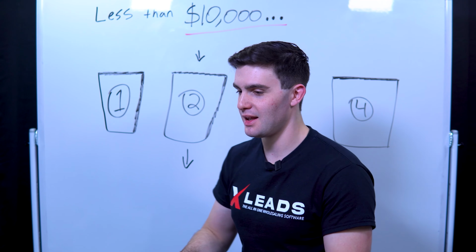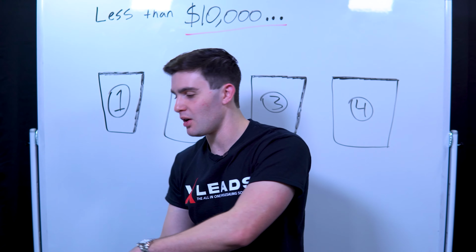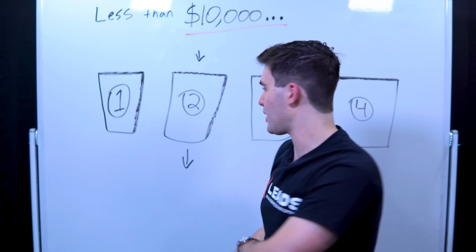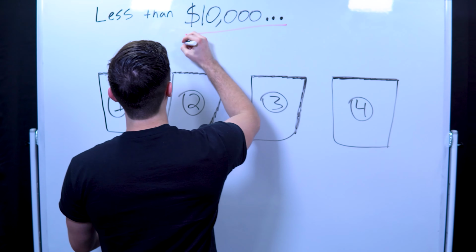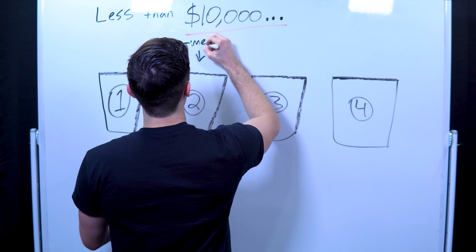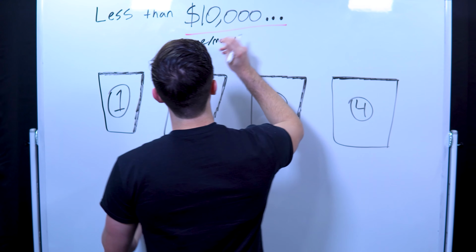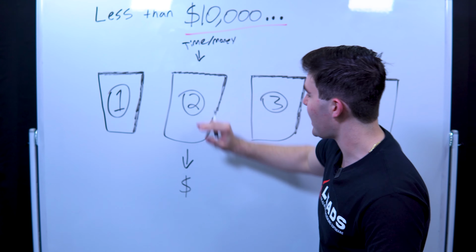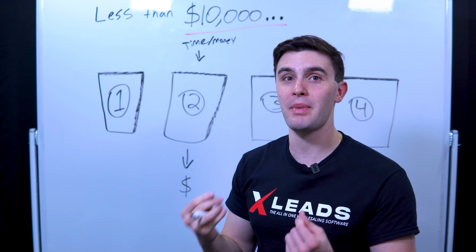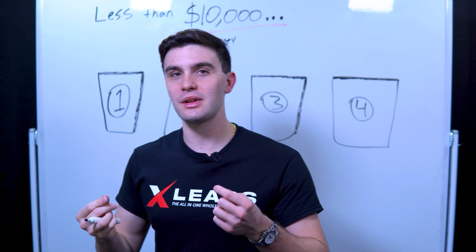You put something in the bucket and then give it some time, and then you pour the bucket out and liquid gold comes out, right? It actually turns into money. So you can input, let's say, time, maybe a little bit of money too, maybe your time and money into something. You put it into this magic bucket, this little magic hat, and it outpours money, cash in our bank account. This is what wholesaling real estate is.